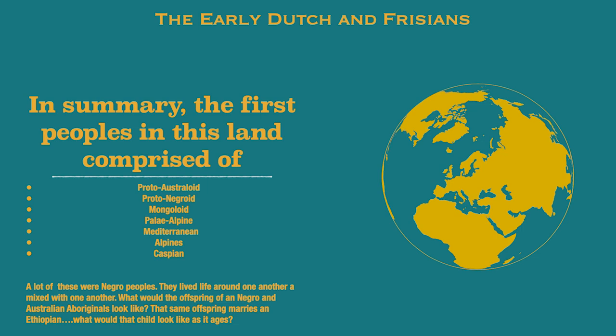Well, look at that keynote slide. You see that first bullet point? Proto-Australoid peoples had a presence. Proto-Negroid people were there. Mongoloid people who were Negroes were there. Paleolithics, they were there. Think Negro people. Those East African Mediterranean peoples, they had a presence there. Alpine people, we already know what they are. We already know dark skin, brown, and all that stuff. And then skeletal remains, they were there. Caspian types, they were there. So a lot of these people, they were Negroes.